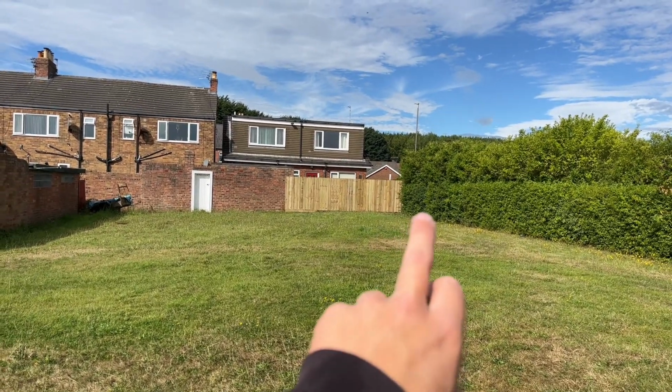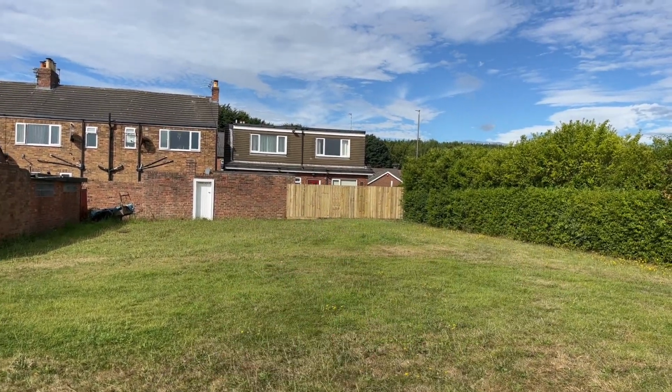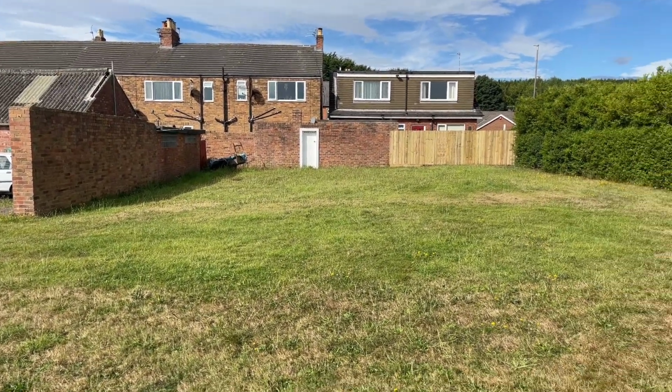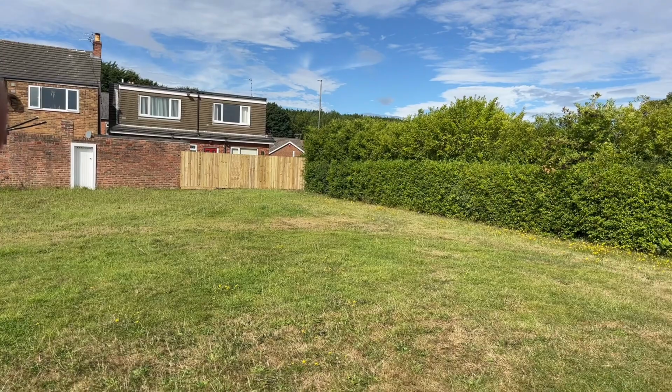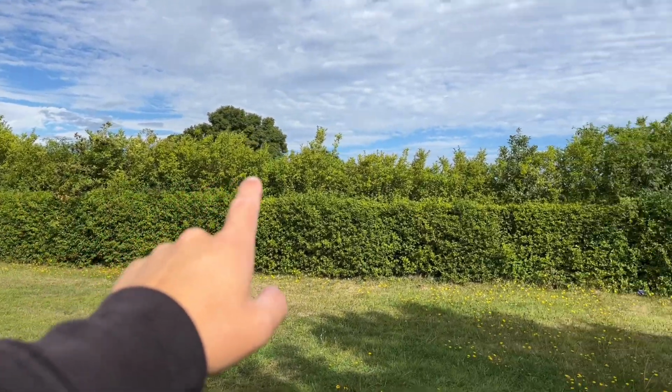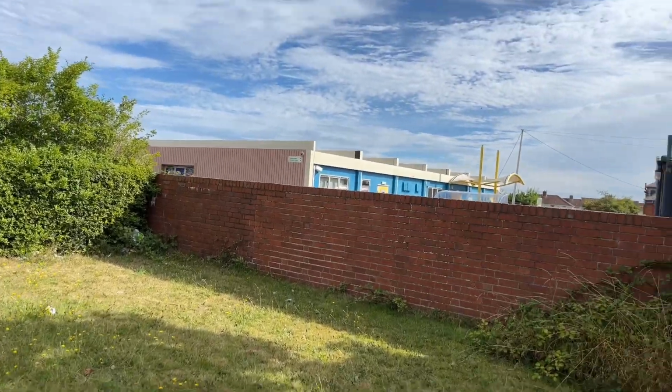So that's been nicely boarded off with no gate or nothing, which makes it nice, and you'll all be thinking, this is lovely, Dan, you could park loads of cars here and stuff. But unfortunately, that could easily be hopped over. This hedge, you couldn't, but unfortunately into the school grounds here,